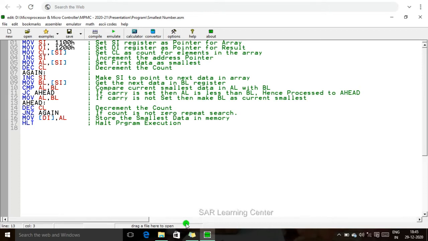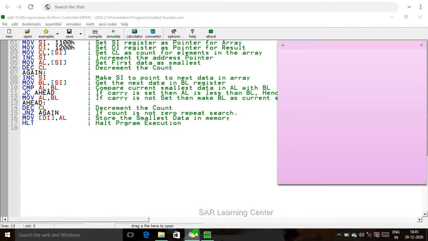In this video, we are going to see how to write an assembly language program to find the smallest data in an array. Here we are using an 8086 microprocessor assembly language program. What is the concept of finding the smallest number? First, we are going to take the array of data. In this example, I will take